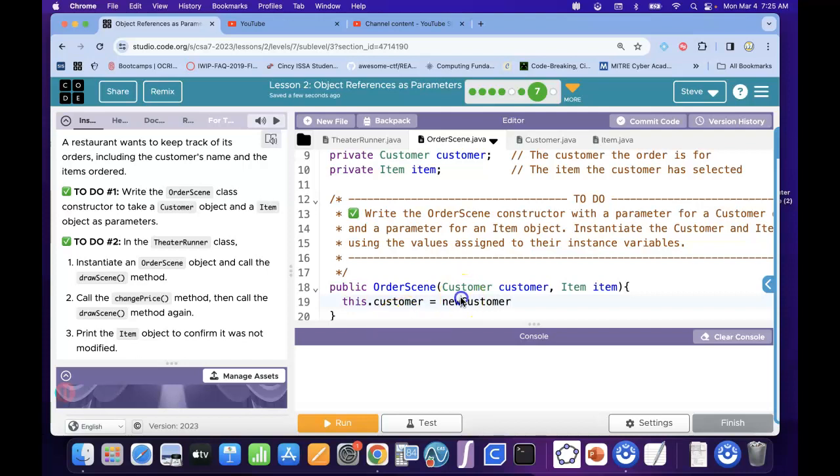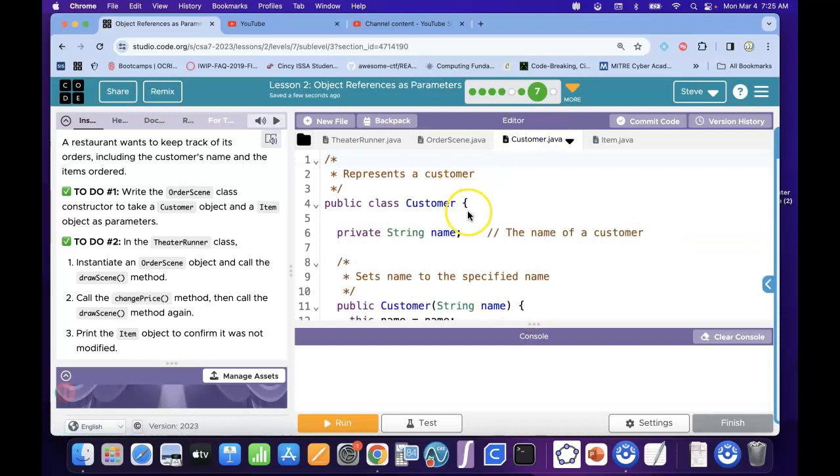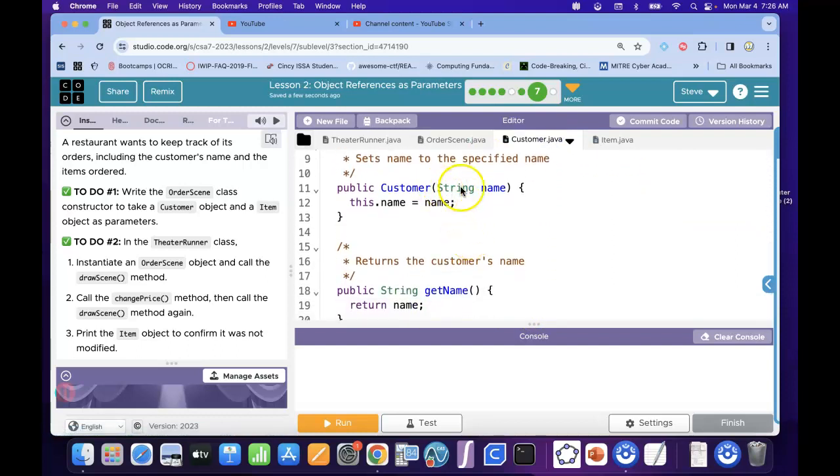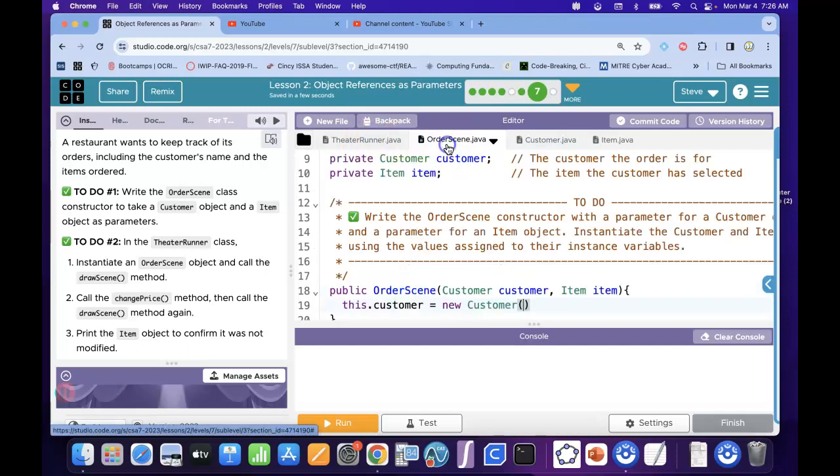And let's go here to the customer class, and all it does is it just takes a name. So we're going to have to use the get name method because that's all the customer takes. The customer object just takes a name. So we will go customer dot get name,